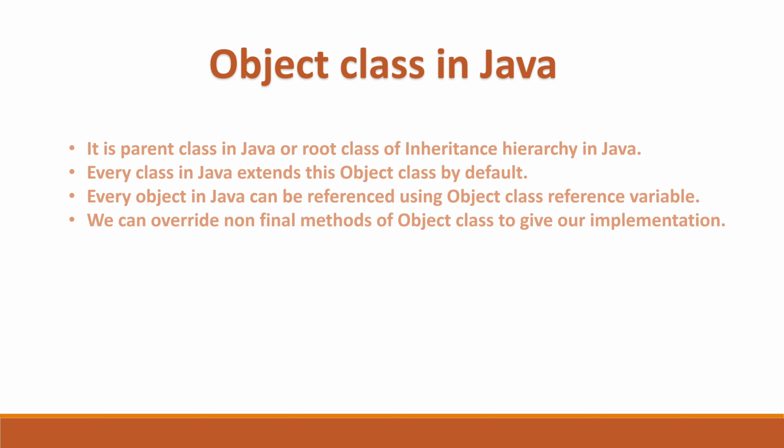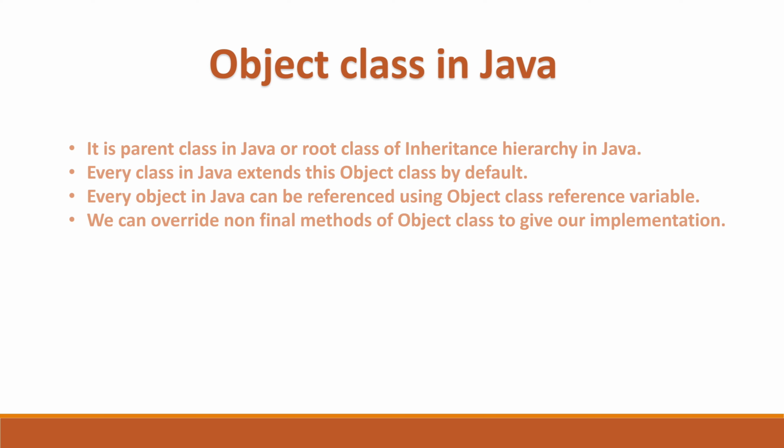Also, when we are not sure about the return type of any object, when we are calling any method and the object is coming back as a return type, but we are not sure what the return type of that object is going to be, we can always store that object using the Object class reference variable by upcasting. In upcasting, we know that we can always store the child class object with the parent class reference variable. Since every class in Java is a child of this Object class, we can store that child class object with the parent class, that is the Object class reference variable. Later we can downcast it if we need.